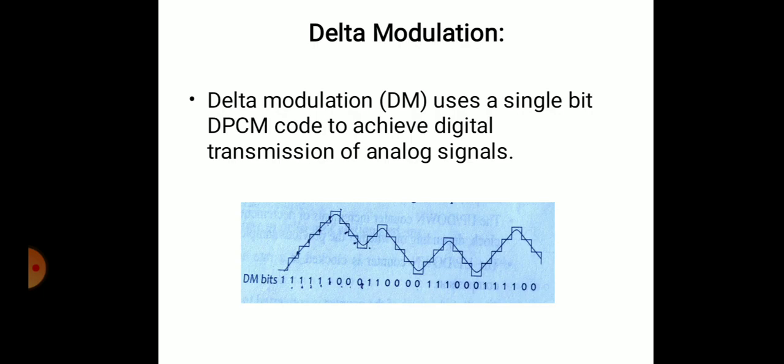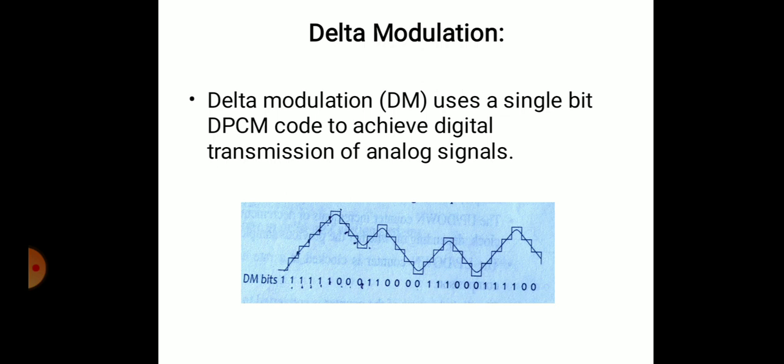First of all, here we compare between two sample values. So we can say that the present sample value is compared with the previous sample value. And when we compare these two values, there may be two results. Number one, if the value of the current sample is smaller than the value of the previous sample, a logic 0 is transmitted. Again, I repeat, if the value of the current sample is smaller than the value of the previous sample, a logic 0 is transmitted.